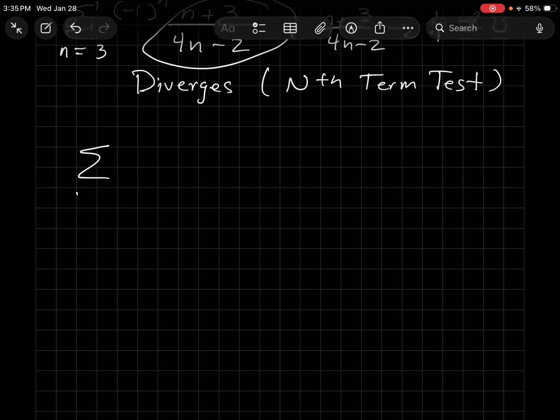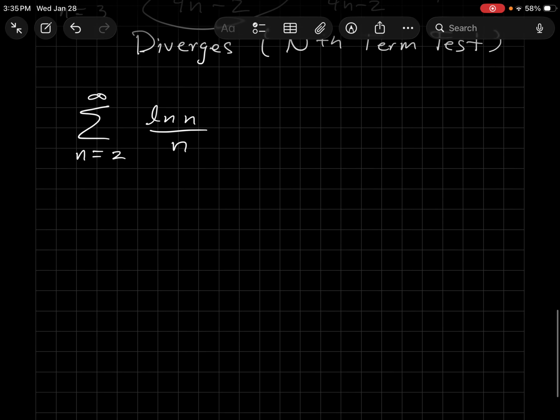How about we do n equals 2 to infinity of the natural log of n over n. What do you think? Converge or diverge? Which test do you think you would use? Well, this one has two tests that really work here: either the integral test or the direct comparison test. I'm going to do the integral test. How did I know integral test? Well, because I recognize